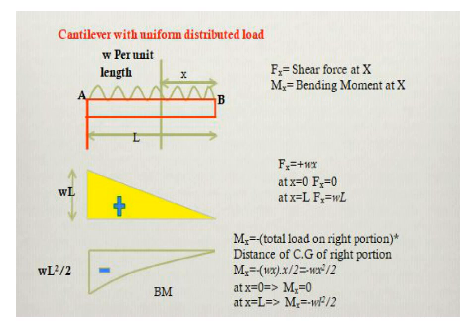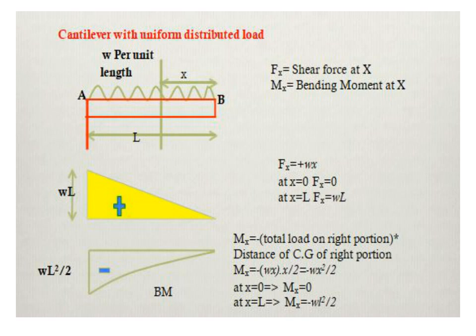Here for UDL load, what is the formula? Load into distance by 2. So load into x by 2. Here the UDL load is acting in downward direction, so put minus W into x by 2. By simplifying this, we get the moment anywhere on the section is equal to minus W x squared by 2. After that, substitute the x value as 0 and L at the points B and A. Now substitute the x value as 0 at point B, we get the moment value 0. And next substitute the x value as L at the support A, we get the moment at support A equal to minus W L square by 2.